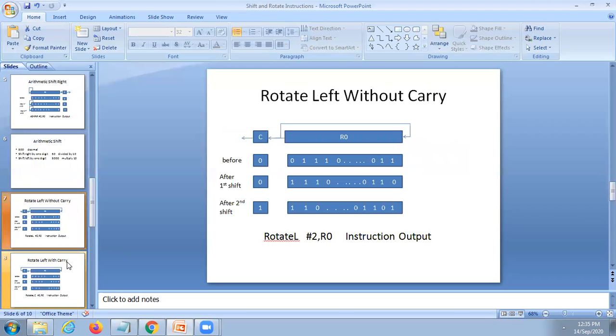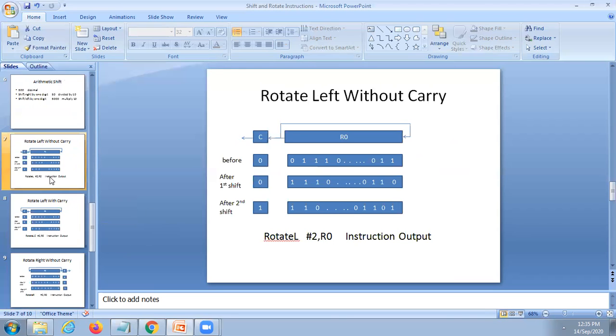Then the next one is rotate operations. In the rotate operations, there are four: rotate left without carry, rotate left with carry, similarly rotate right without carry, and rotate right with carry. Once you understand rotate left without carry and rotate left with carry, then the similar thing will be applied for